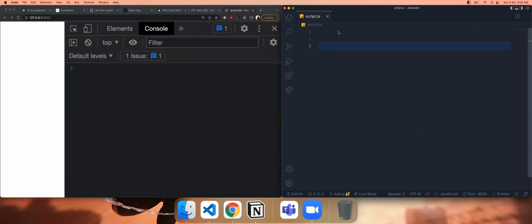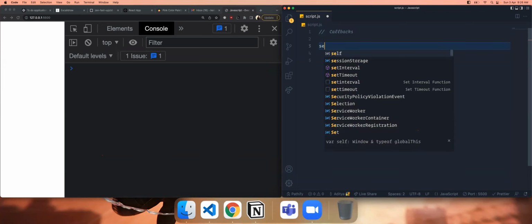Next, we'll talk about the concept called callbacks. Callbacks are basically functions which will be passed as an argument to another function, and they'll be run by that function. Let me give an example. Let's say there is a function called setTimeout